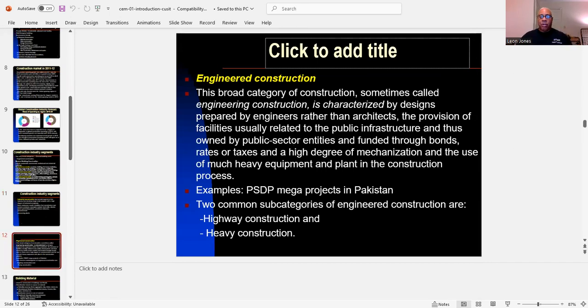Now, talk about engineered construction. This category of construction, sometimes called engineering construction, you basically see designs prepared more or less by engineers rather than architects. Now, the provision of facilities is usually related to the public infrastructure and thus owned by public sector entities, and they're provided through bonds, rates, taxes, and a high degree of mechanization and the use of much heavy equipment and plant in the construction process. Now, examples: PSDP mega projects in Pakistan. Okay, again, when we deal with engineered construction, basically we're talking about heavy construction, highway construction,